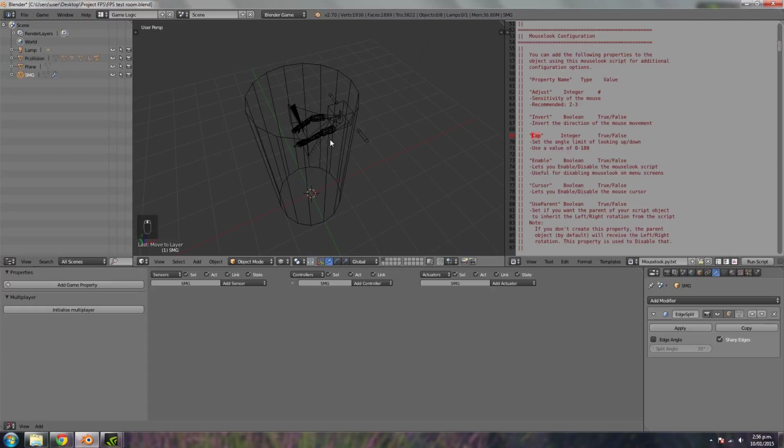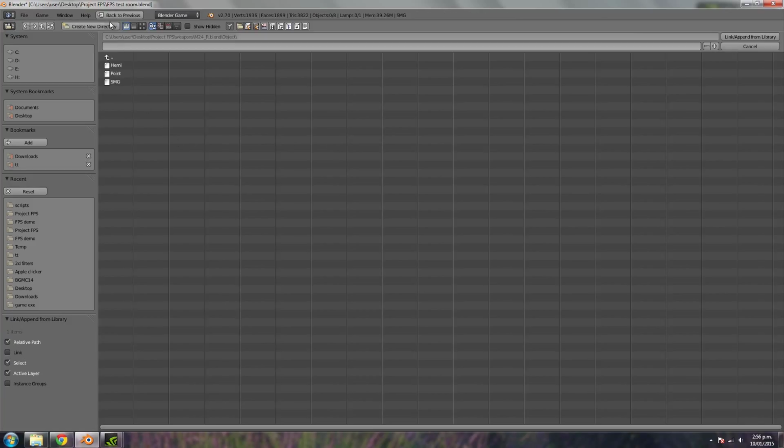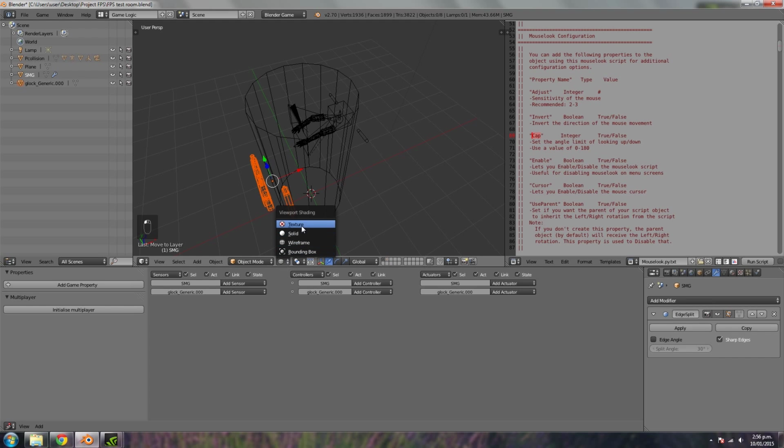And then what I'm going to do is press Shift F1, and we'll go back to our weapons here. The next one was the Glock, so I'm going to go to Object, and I think there's 3 different versions in here. I'll just try my luck with the first version. We'll go to texture mode,